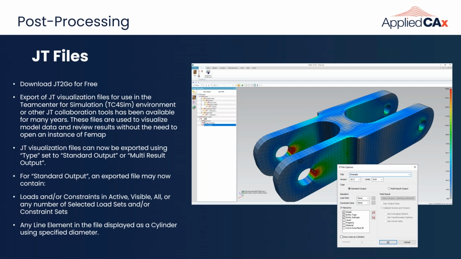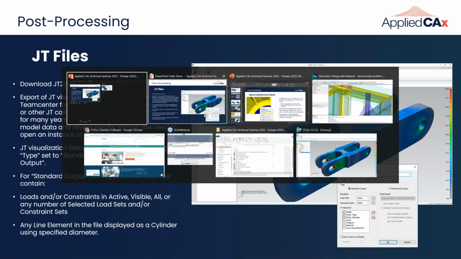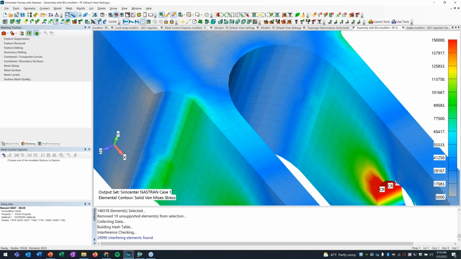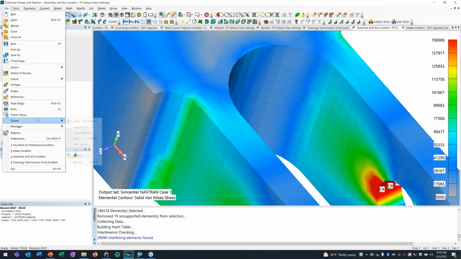As far as generating these files from Femap, let's jump back over to Femap here. I'll use my assembly here, and this is going to be under File. It's a bit odd. It's under Picture and Save JT. This is where you do a lot of your post-processing. If you want to save videos, animated GIFs, etc., you can use this picture option here. But we're going to do Save JT,